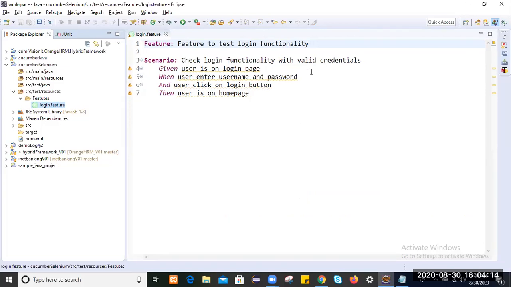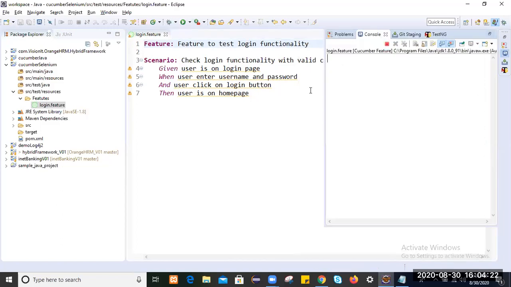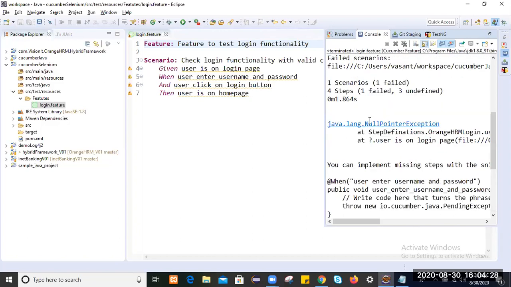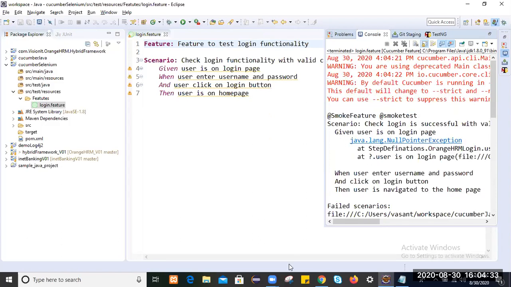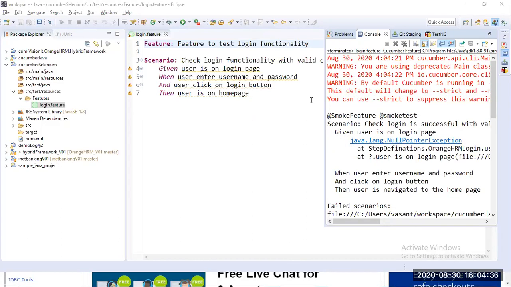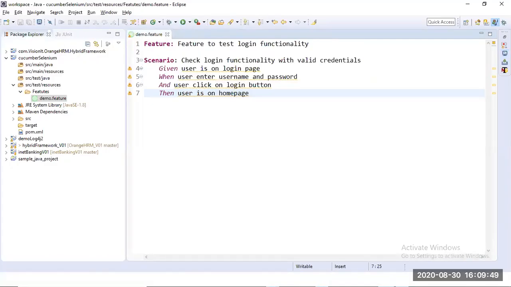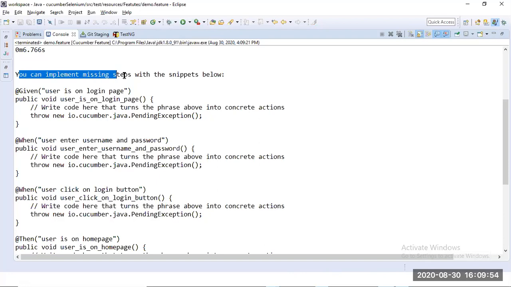Let's try to run Cucumber feature. When you run this Cucumber feature, it will generate snippet code. It's saying you can implement these missing steps with the snippet below. So what we will do, we'll implement all these snippets.